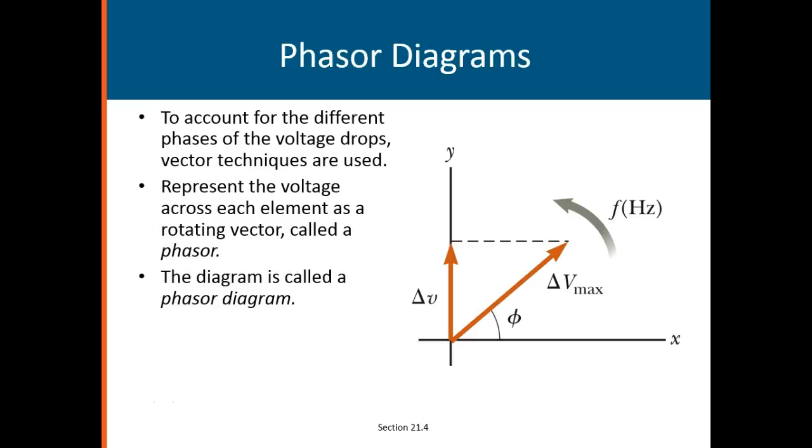To account for the difference in phases of the voltage drops, vector techniques are used. You can't just add. You have to add vectorially, right? What does that mean here? You represent the voltage across each element as a rotating vector called a phasor. Not like they fired on Star Trek. That's a different kind of phasor. Okay? Now,